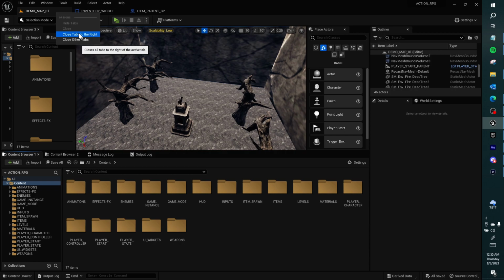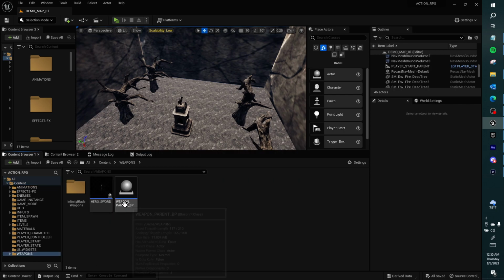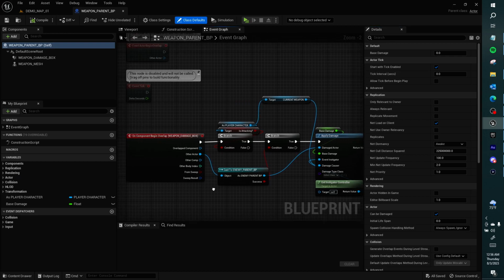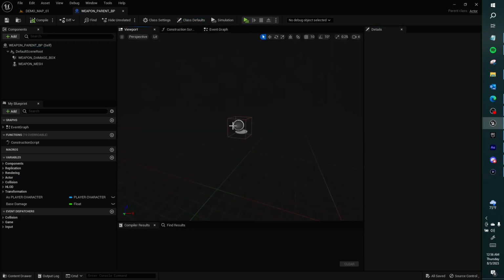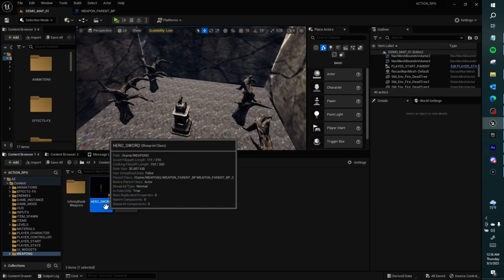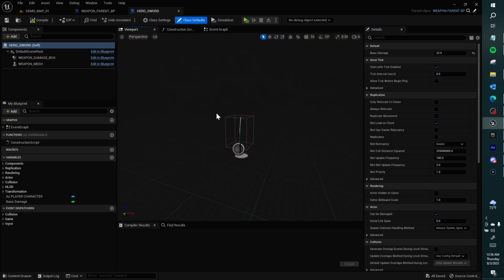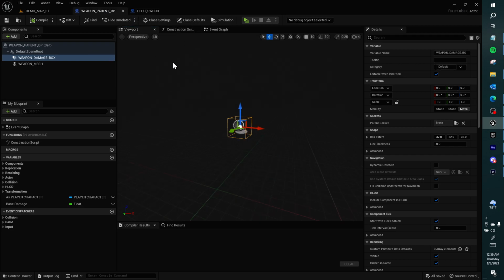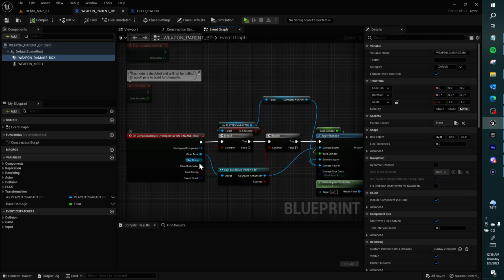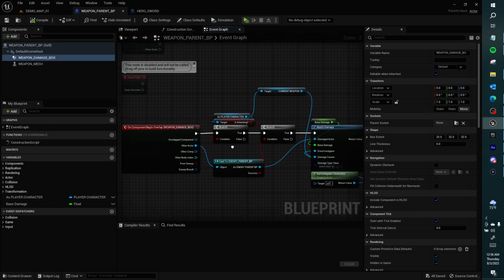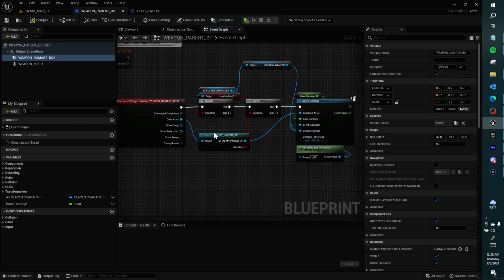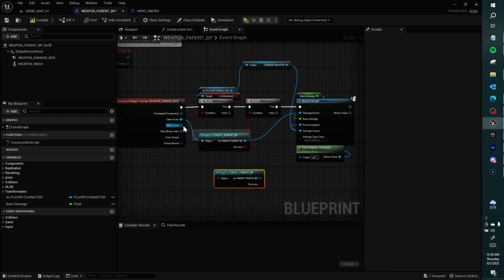We'll get back to this widget stuff. I want to go to the weapon parent BP. When I overlap this box, which if you look at the hero sword, we've changed the dimensions of to fit over the blade of the sword here, I can access the functionality of the box here. The other actor, I can get this same cast node,